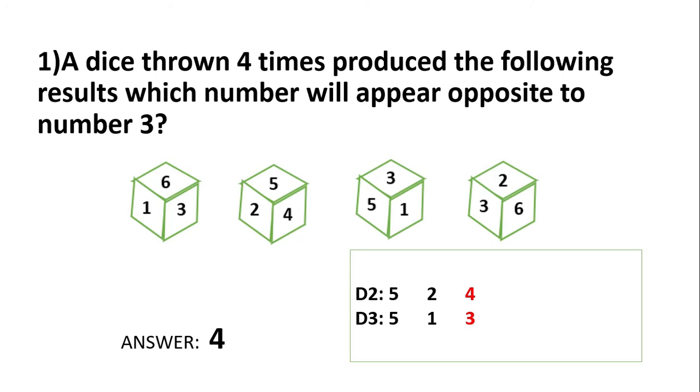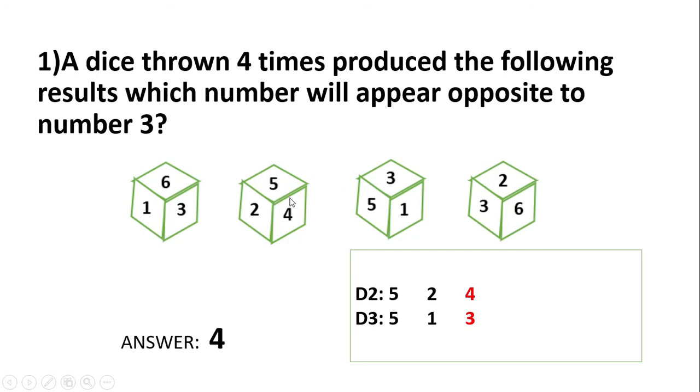So first step, as usual, we have to find out whether it is a general die or a standard die. Okay. So from the first view, we will be able to identify 6 plus 1, which is equal to 7. Okay. So it is a general die. So we have to identify the common numbers between these views. We have to write it in either clockwise direction or anti-clockwise direction. So I have taken the second view and the third view. So the common number is 5.